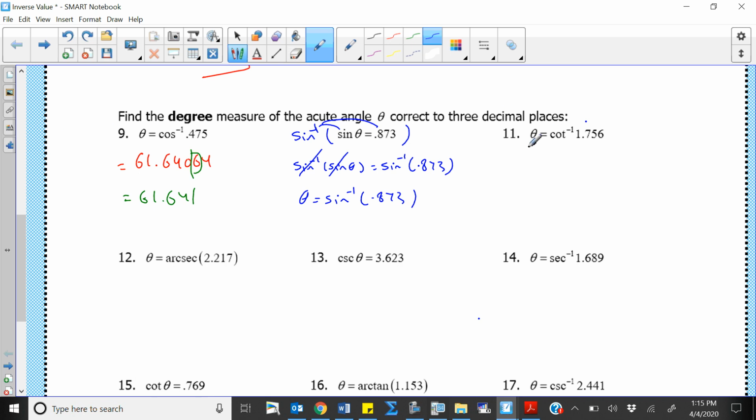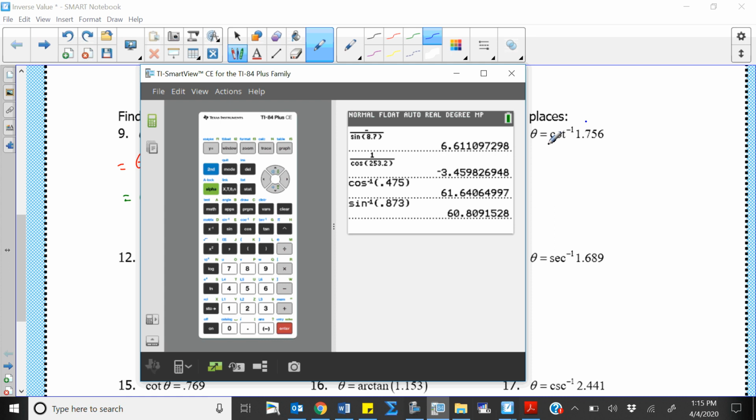Let's say, what if I want to find theta, which is equal to cotangent -1 of 1.756. The problem over here is that we don't have any button defined for cotangent. We have tangent -1, sine -1, and cosine -1, but not cotangent. So what I do here,